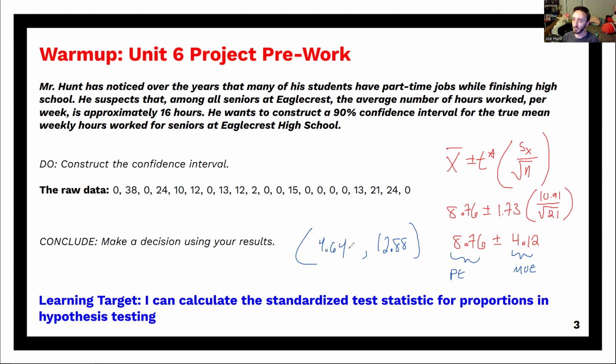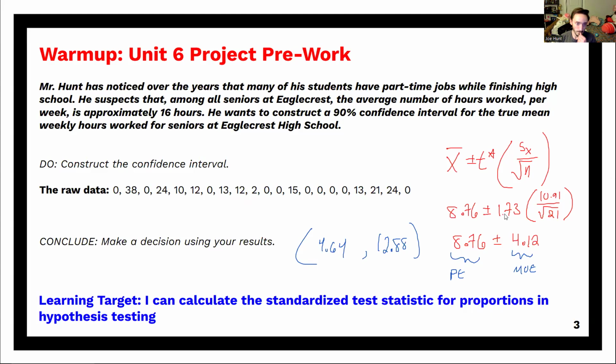There's a lot of problems with the setup on this, though. Our sample's not really random, and our data is not really symmetric. And we're playing with it as if it is when we build these kinds of confidence intervals. So we got to take this result with a grain of salt. Because that sample is so badly skewed and because it's from survey data, so it's kind of a convenient sample, we don't necessarily trust this to be a fair, representative, accurate read for how this measure really stands up for all seniors at our school. But that's how you calculate it. That's how you actually run this thing out.